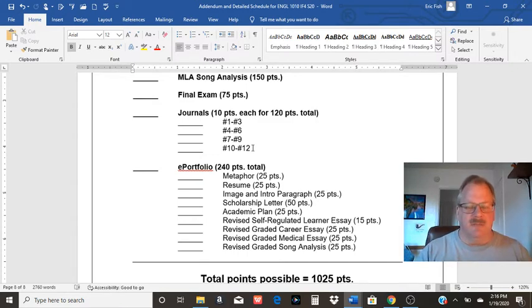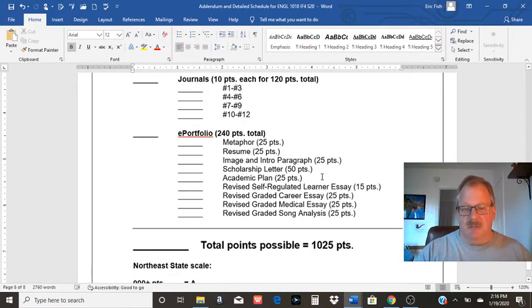And also getting you ready for what's happening with the essays that are coming up. Also, especially when we get to the career project, we're going to be working with an e-portfolio, probably the D2L e-portfolio. And this is going to be shorter writings. Once you get a resume up, once you have a scholarship letter, even if this is not your first semester,